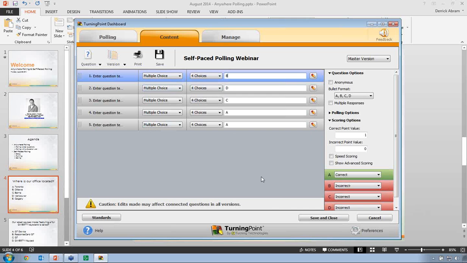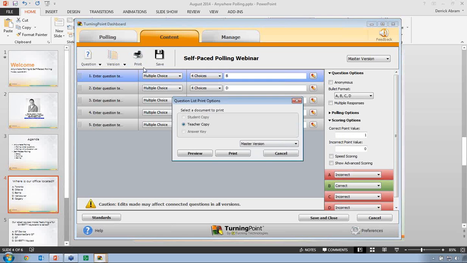Okay. Now, on this topic of building the question list for a self-paced test, like I said, you do not have to put the questions and answers in. If you choose to, you can build your entire exam within Turning Point. You can type all your questions or import all your questions along with all your answer choices, so it's a full, detailed exam. In that scenario, Turning Point does let you print copies of stuff.